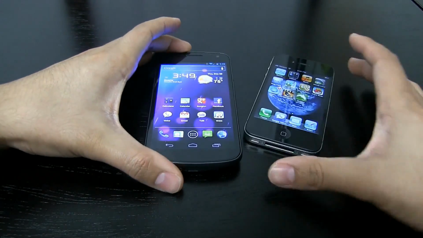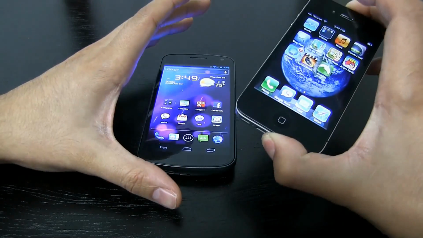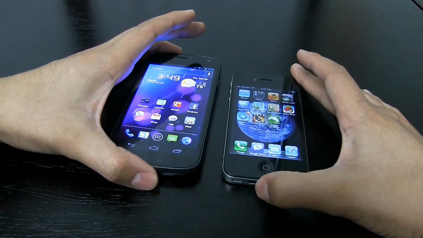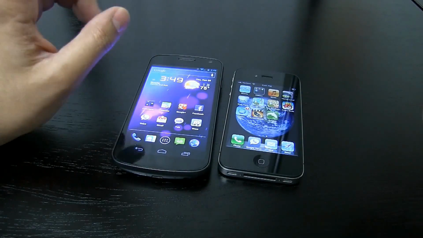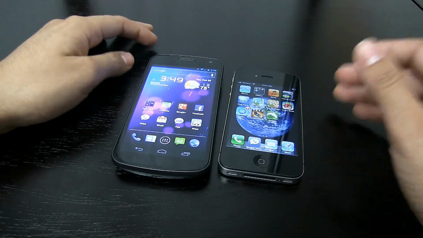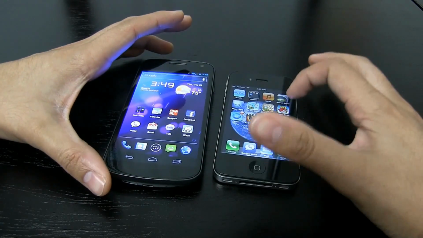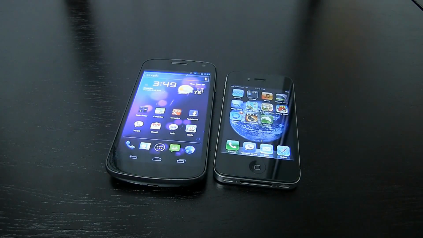Not so with iOS. In some cases, certain apps do work, but in most cases, I've come to realize, or I've seen, that it does not work. It actually pauses the application in order to let the other one run. So once again, this is not a true multitasking operating system.